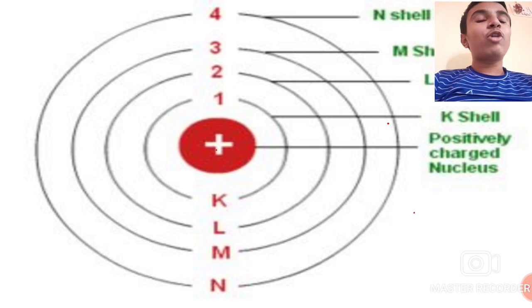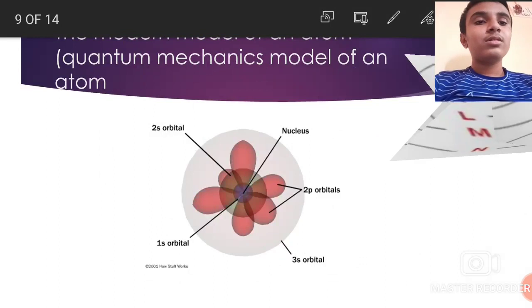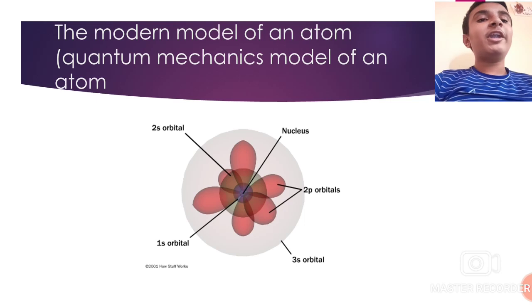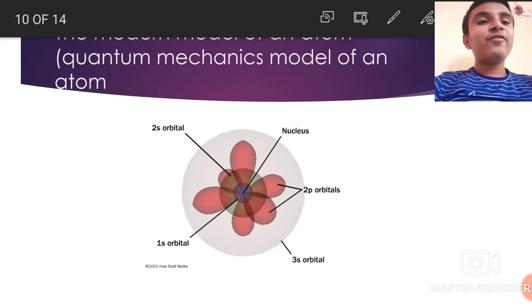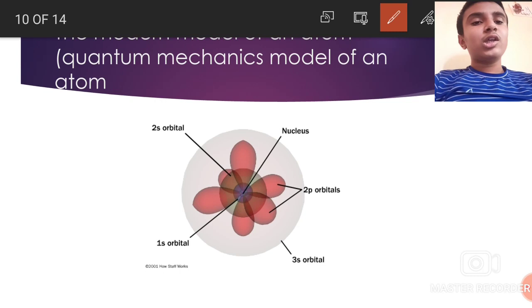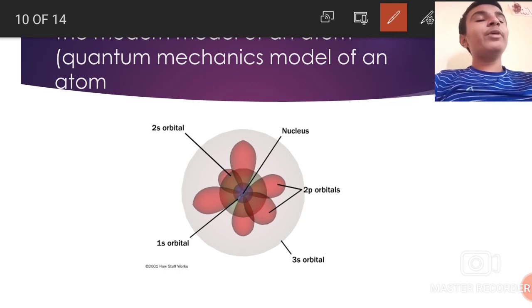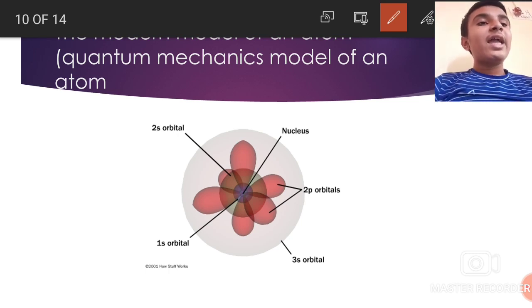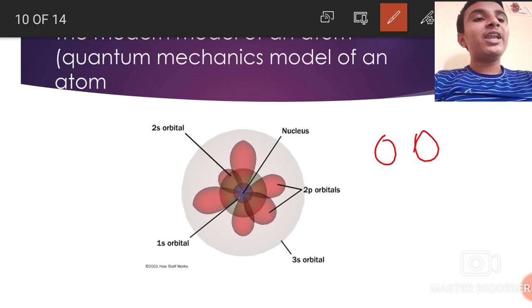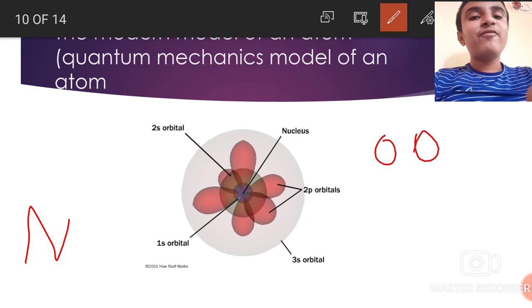So the correct model of an atom is this. You will be shocked by hearing this news. The correct model of an atom, that is the modern model, is the quantum mechanics model of an atom. I want to tell you the difference first. Niels Bohr and many other scientists saw the atomic model as a particle model, meaning they studied it by particles, but in the quantum mechanics model of an atom, it is studied by wave theory.